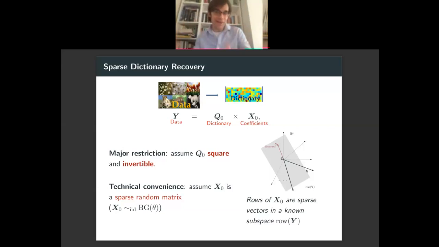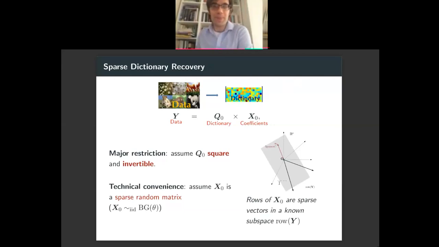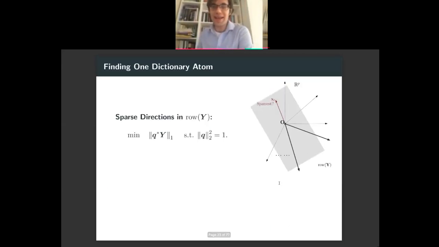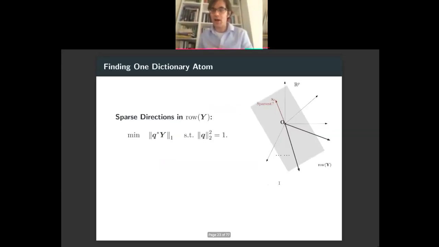If I find those, then I know X0 up to a permutation of those rows, and hence I can also find Q0 up to a permutation of the columns. Okay, so this suggests an algorithm that is not the best possible, but actually works and can be analyzed,